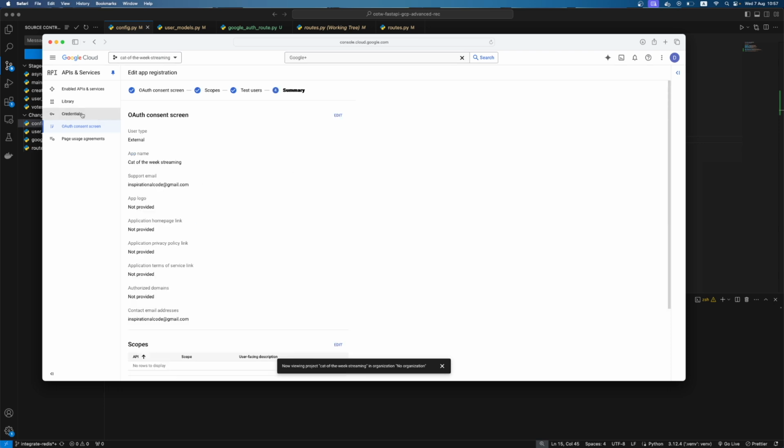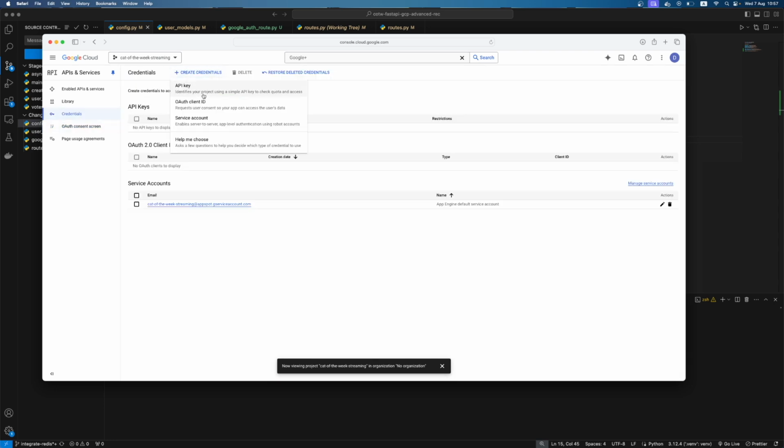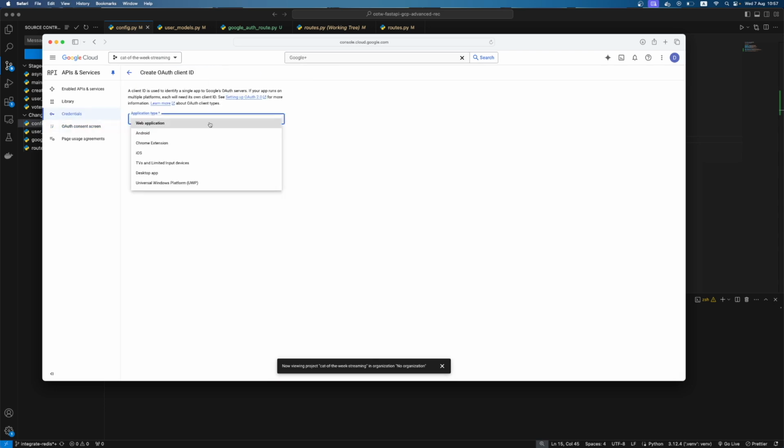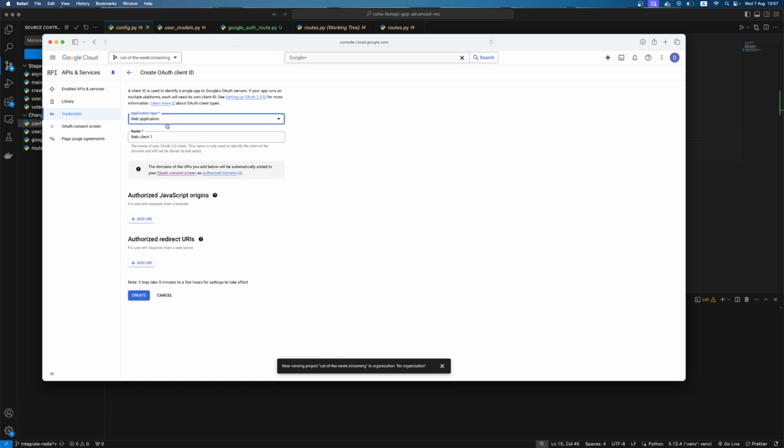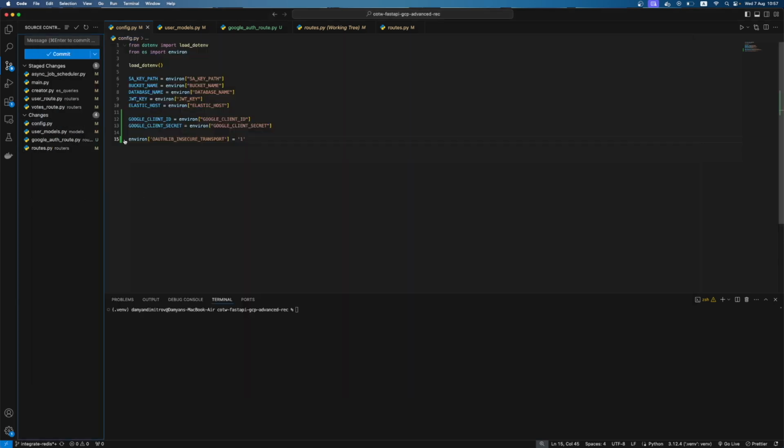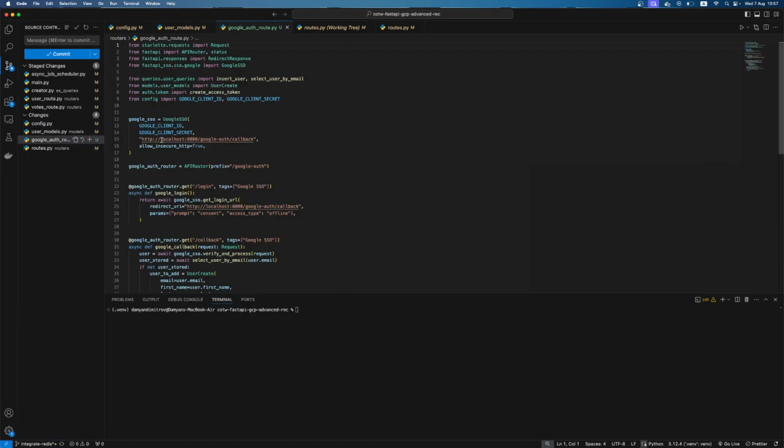Then I will go again to credentials, create credentials, OAuth client, and I will click on application type web application. I will name this cat of the week streaming. It's not important, and here this is more important. Let me show you here in the routes.